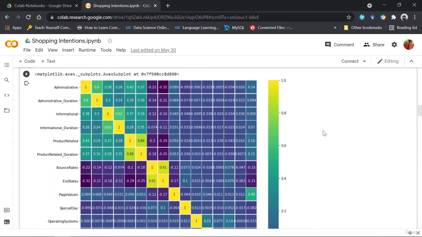Let's say there's a column A and column B having a correlation of positive 0.8. That tells me that A and B are very much directly related to each other. Meaning, if a value in A changes and increases, the value in B corresponding to A will also increase, by the ratio of 0.8. So what you can do is understand if two columns are too much correlated or related to each other.